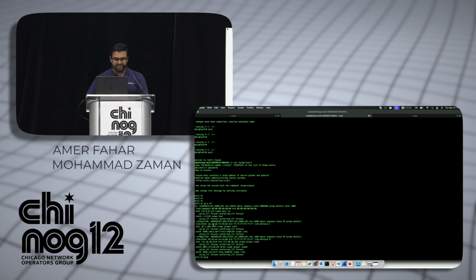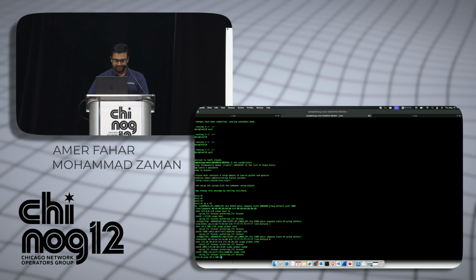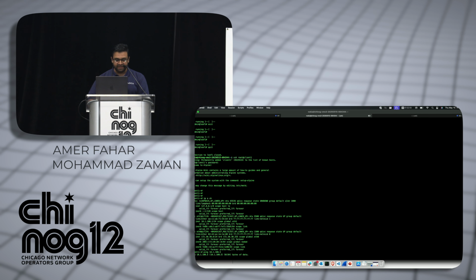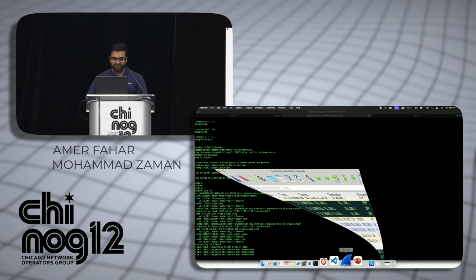So I'm just sending some packets to see if I can capture some packets. It will fail because I've not fully configured. The control plane is not yet there. So what I'll do is I will have my